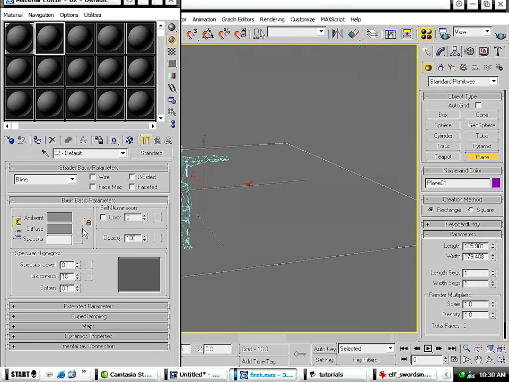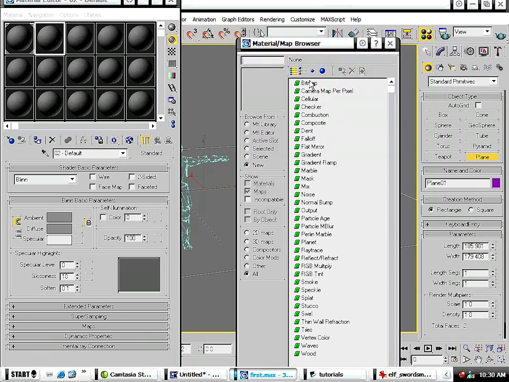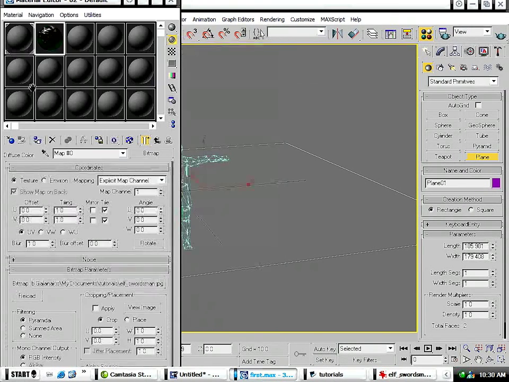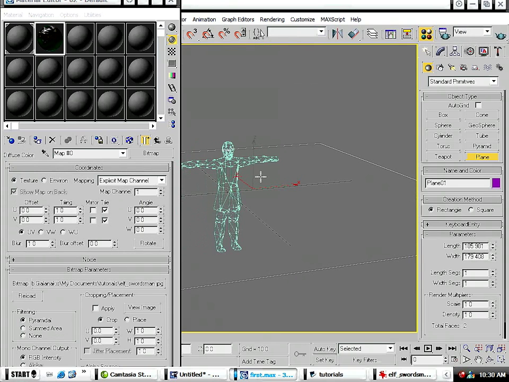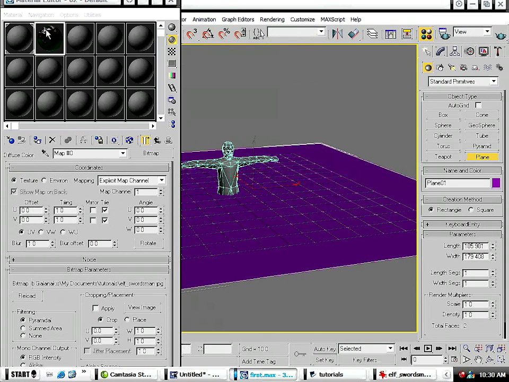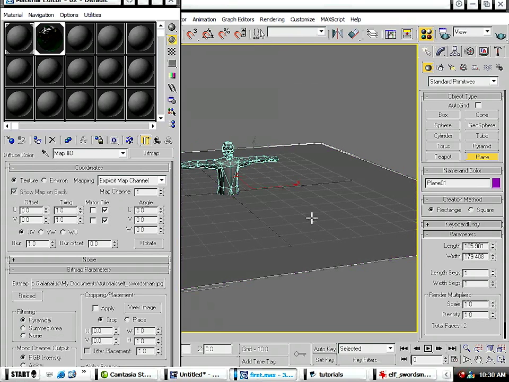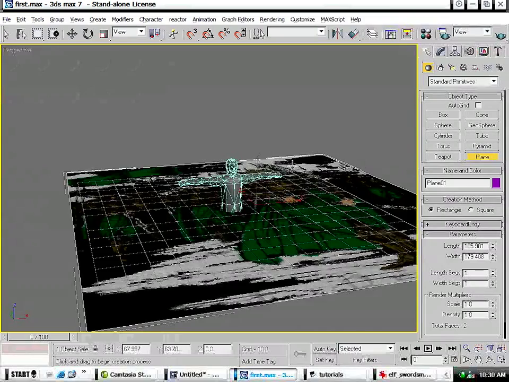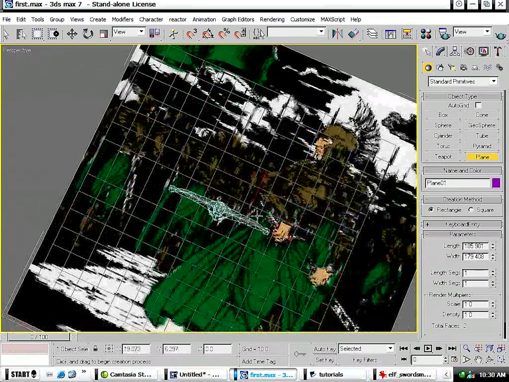You hit the box next to the diffuse channel. Diffuse is like the color for the material. Hit bitmap, and now you need to go find your image. And now to apply it to the object, you can either press this, assign material to selection, or you could just drag it in. Okay. And now you have to press show map in viewport. That will mean you can see the image. You can exit out of the material editor. But you can see